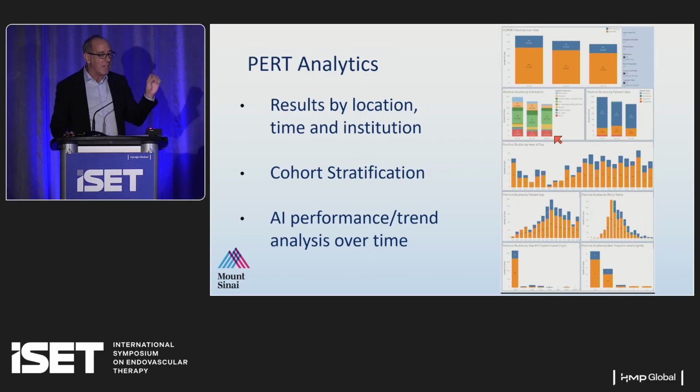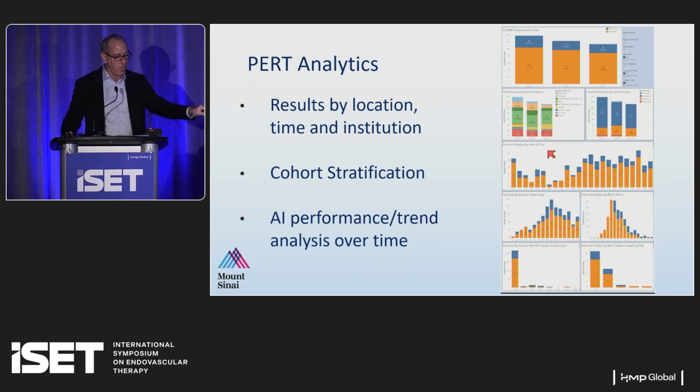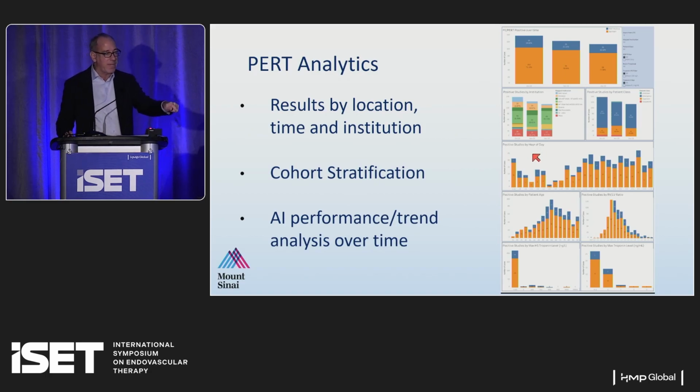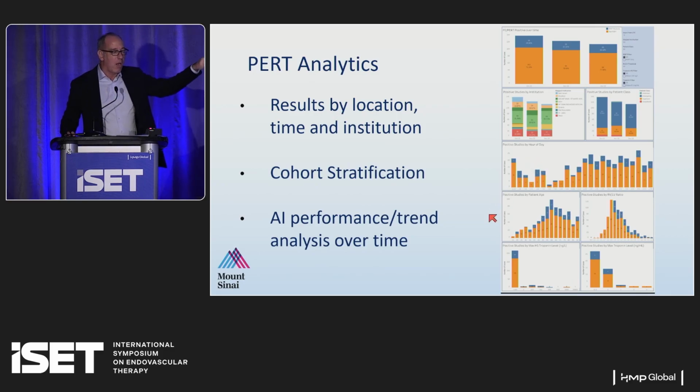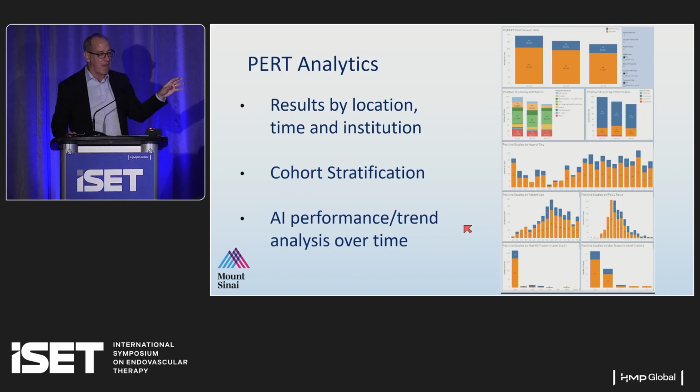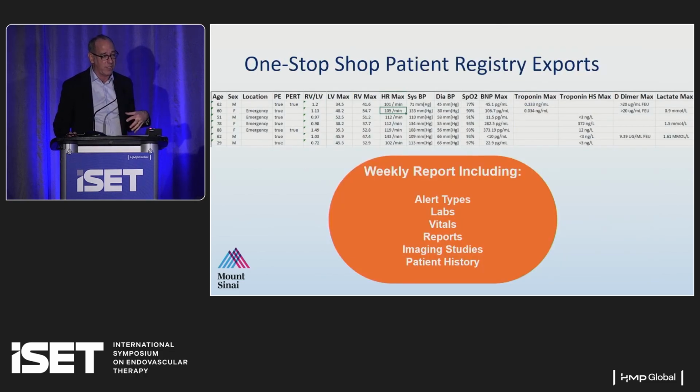This is automatically curated data on how many cases you're seeing every week, every month, every year. Which hospitals are they going to? Are they men or women? What are their ages? Are they intermediate low, intermediate high, or high risk? What time of day are they coming in? How many have RV to LV ratios greater than 1.5, greater than 2? How many have positive biomarkers? And it allows you to do quality assurance and make sure that you're treating all of your patients in a timely manner. And again, this data is generated automatically. All you need to do is just press a button and it downloads directly to your desktop.